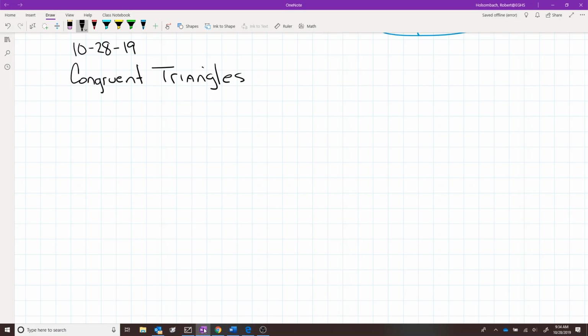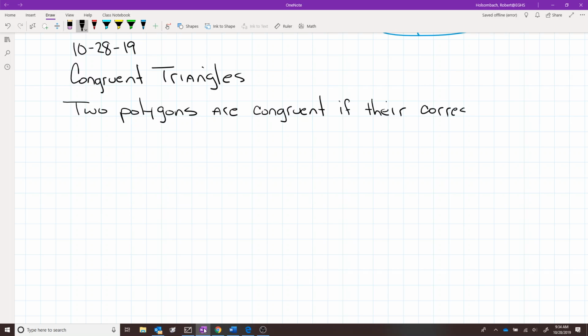Okay, 2 polygons are congruent if their corresponding parts are congruent. Okay, and here's what that means. If you're given the congruent statement,